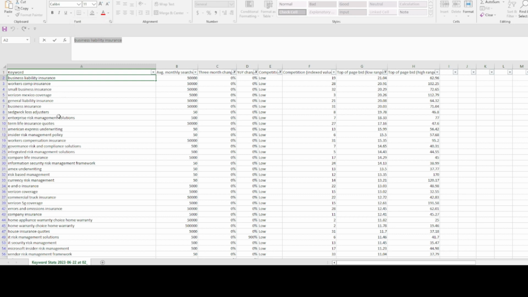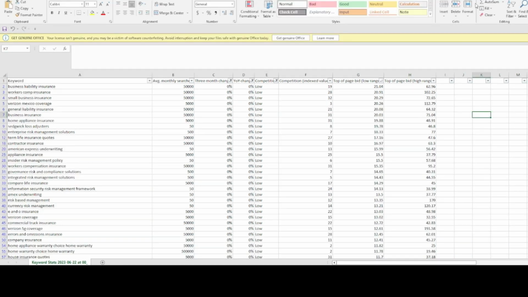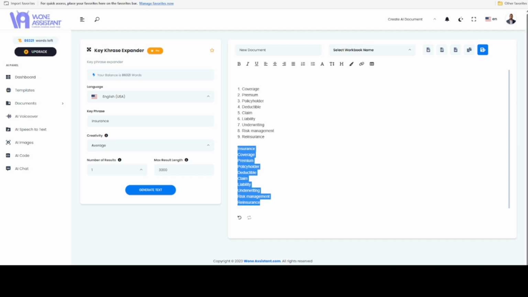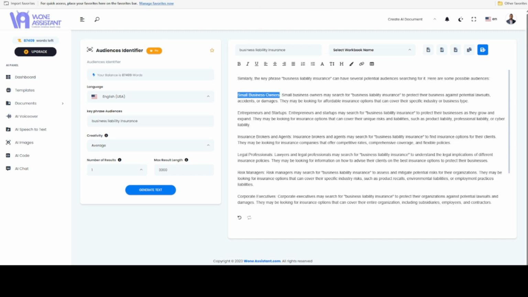Beautiful. So I can pick on this keyword because now this is what I want to write on. Now it simply means I can write on all those keywords here. But first, let's start with the first keyword here. So I'll pick on this keyword and I'll go back into my Woneassistant. So we're back into Woneassistant. Remember, this is where we left off. So now I would pick on the keyword that we brought from the Excel and I'll post it here